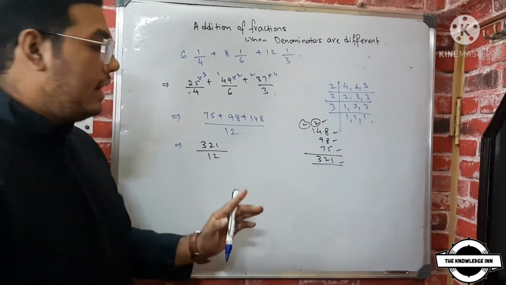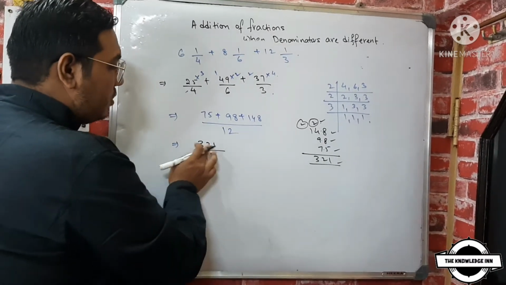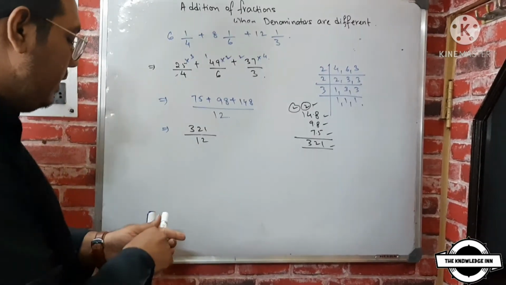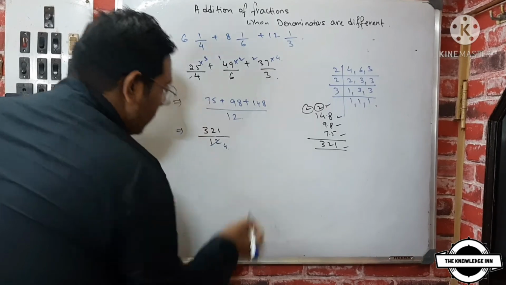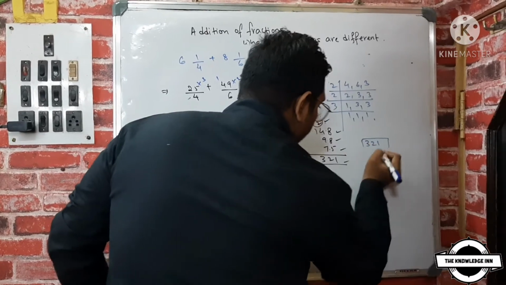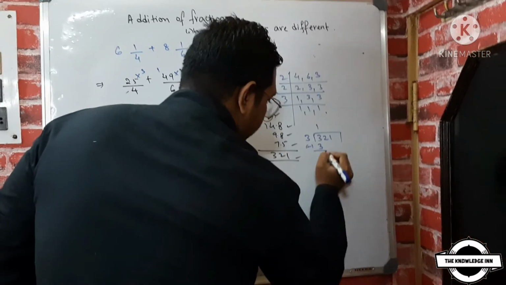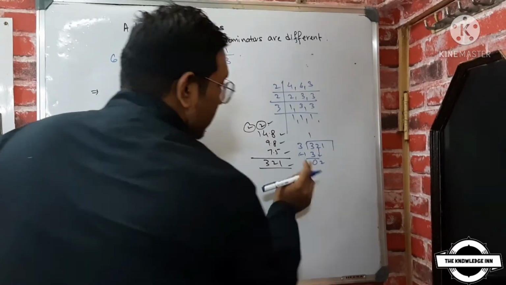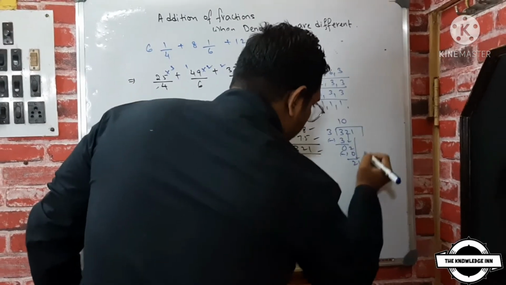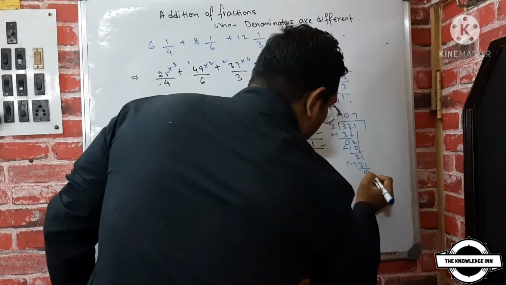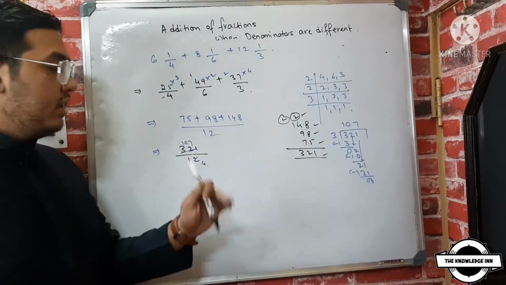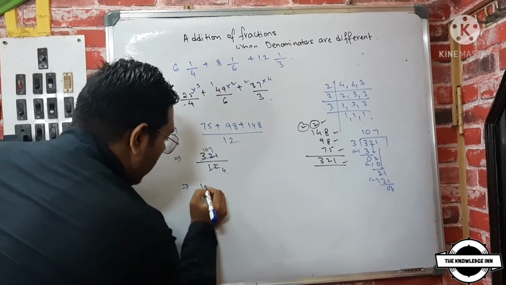We have to reduce this and get a proper answer. 3 plus 2 is 5, 5 plus 1 is 6. 1 plus 2 is 3. So both numbers will get cut by 3. Let's do the calculation. 3 fours are 12, and how many times does 321 come in the 3 times table? We'll see. 321, 3 ones is 3, 0, 2 will come down. Since 2 is not coming, we'll take 0 times. And then 3 sevens are 21. This will come to 107 times. Now this won't get reduced further, so we'll divide it: 107 by 4.